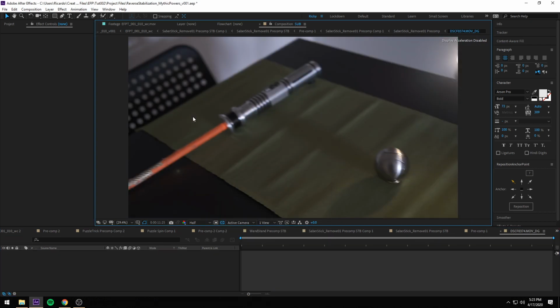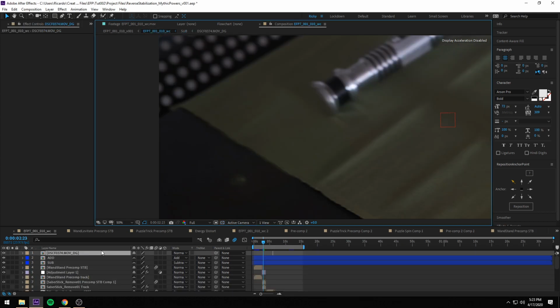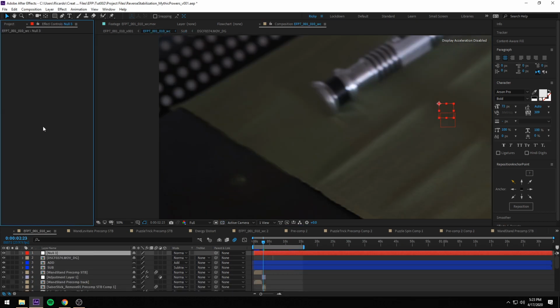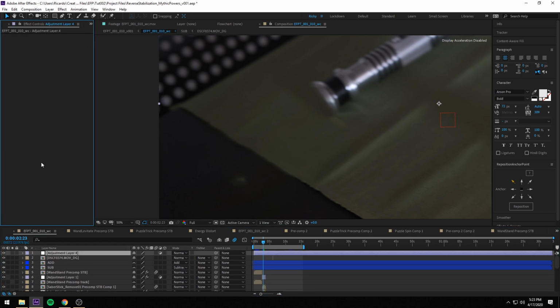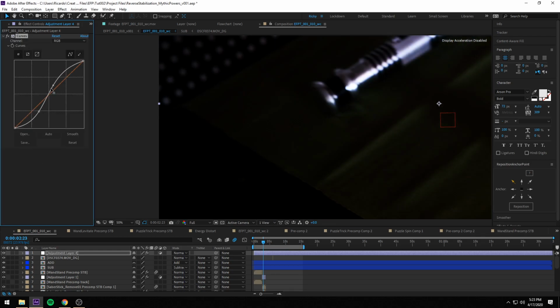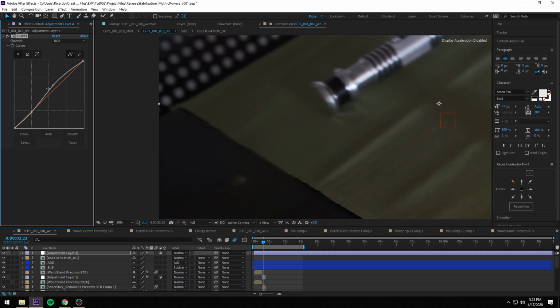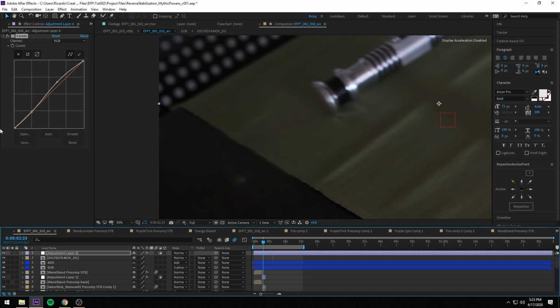So let me go back here. Let me see if I can pull it out and show you. That came out wrong. Oh, did I just do curves on a null? Genius. There we go. Curves. Yeah, I mean, it's mostly fine. I think I also did